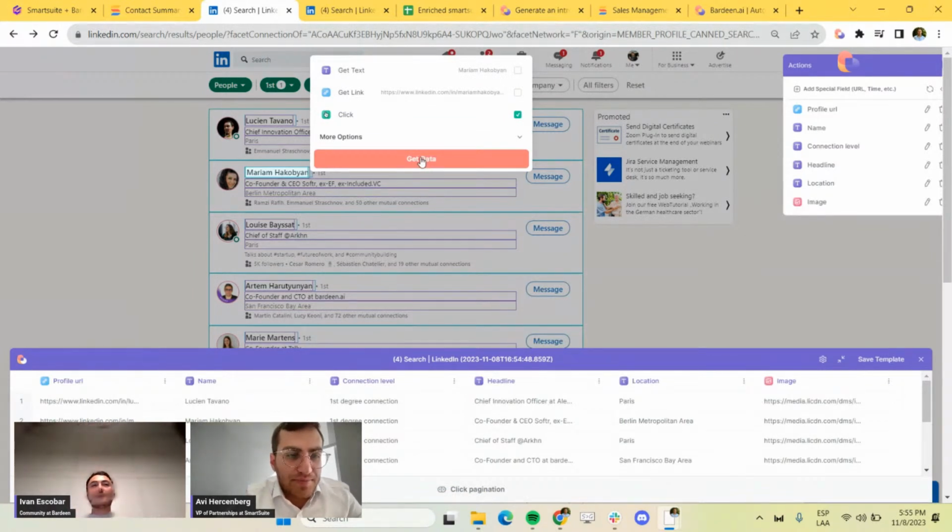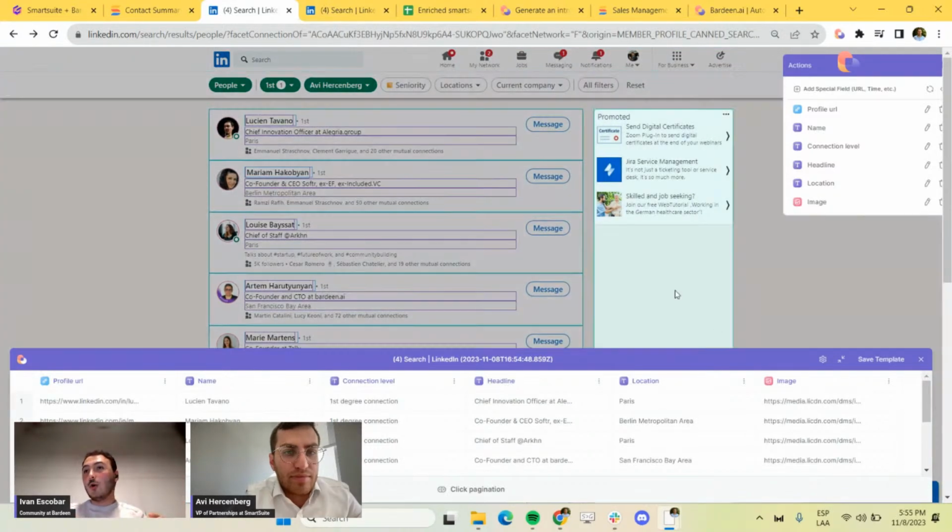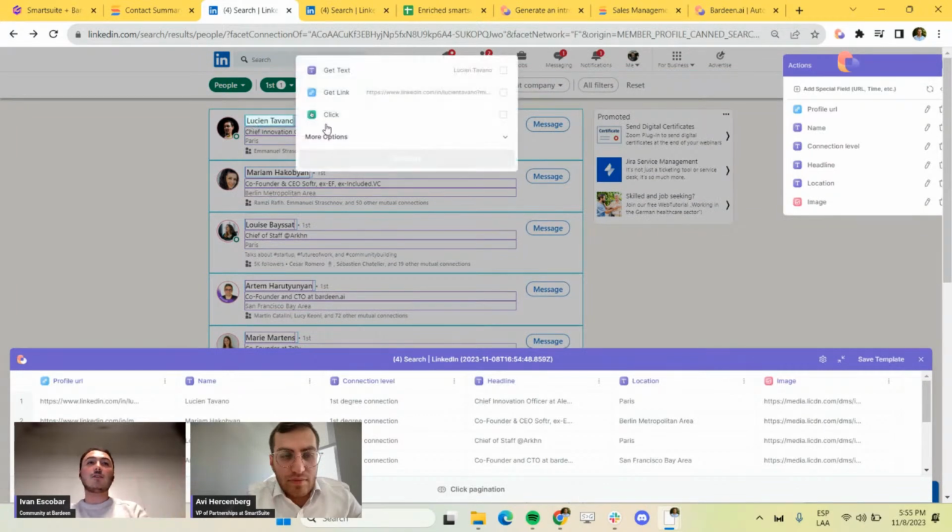Oh, you mean the click action? So the click action is meant for some corner cases, like whenever you need to open a pop-up and get information from that pop-up. But it's specifically used mostly on specific profiles, not on lists. Like you have a LinkedIn profile and you want to open that more information pop-up, and then get information from that pop-up. On lists, you can also do it for certain cases, but in this case, if you click here,